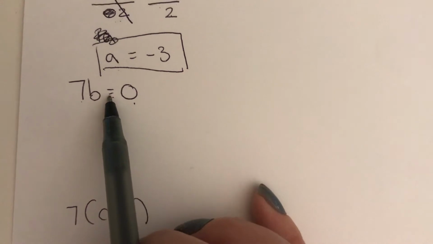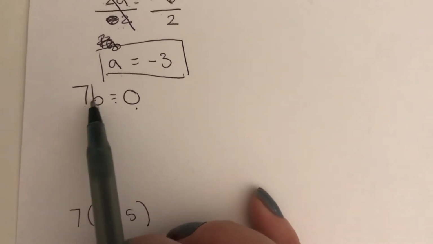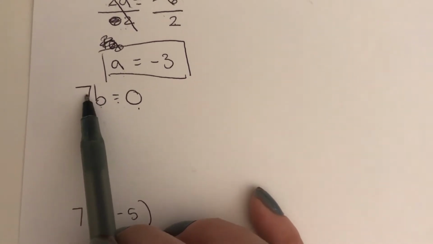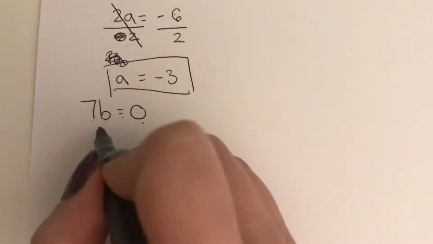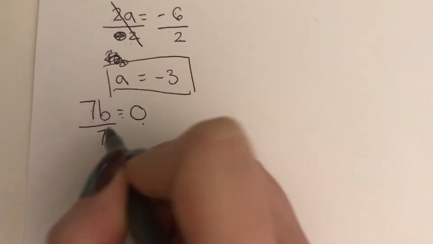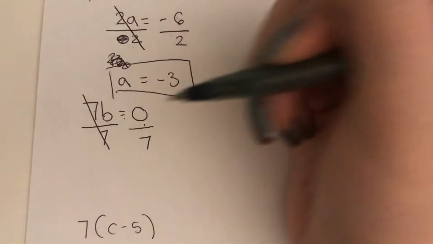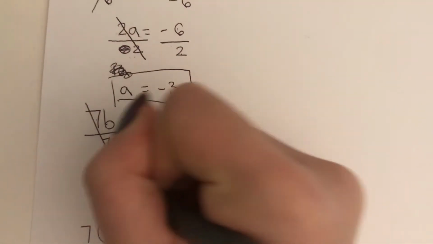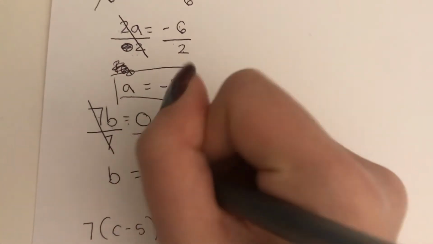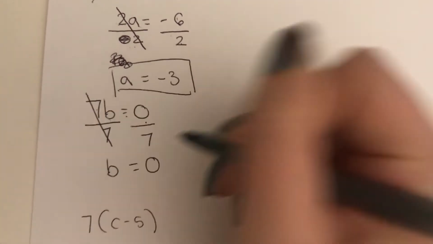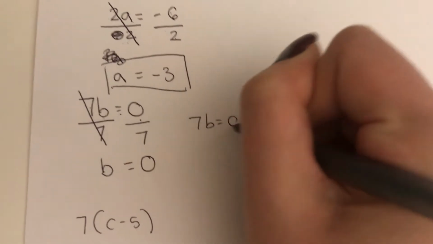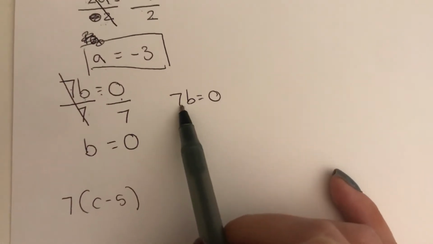If we need to isolate b, and we currently have b being multiplied by 7, my inverse operation would be to divide by 7. So I need to divide by 7 on both sides. 7 divided by 7 is 1, so I'm left with 1b, this single b, equals 0 divided by 7, which is 0. Another way I want us to think about this, that's going to be very helpful for today, is